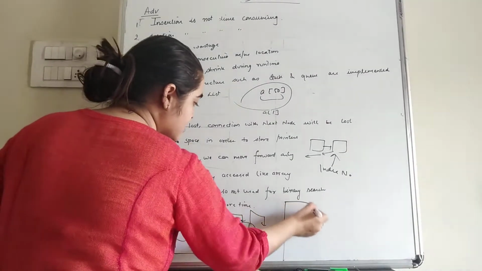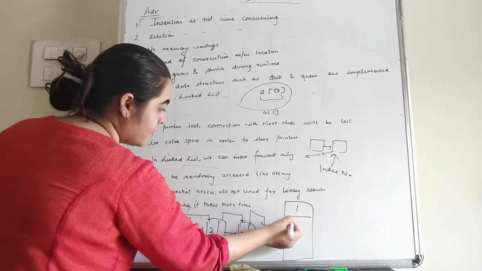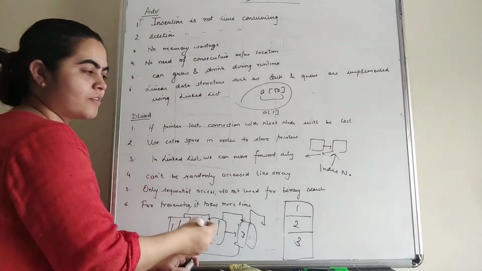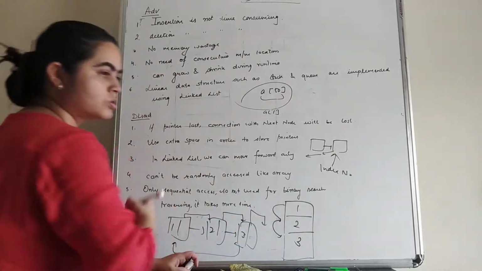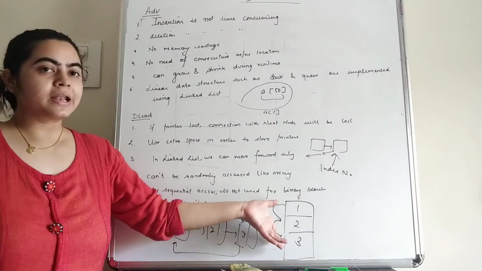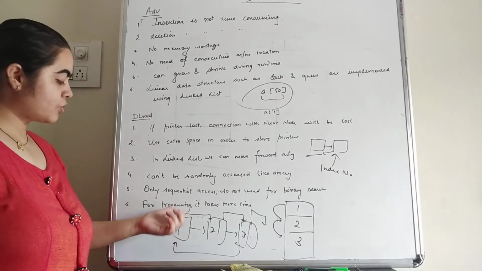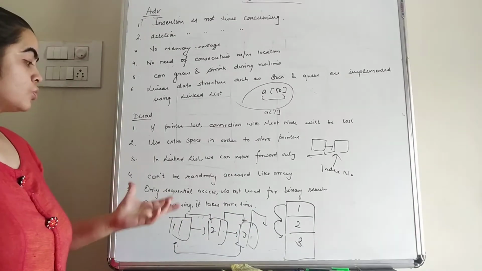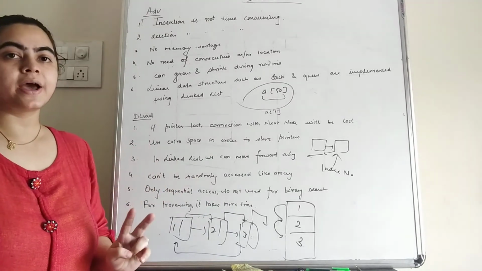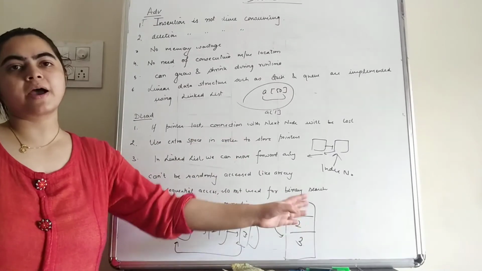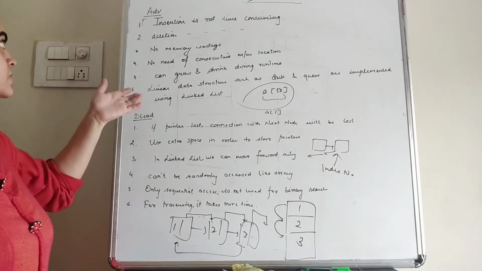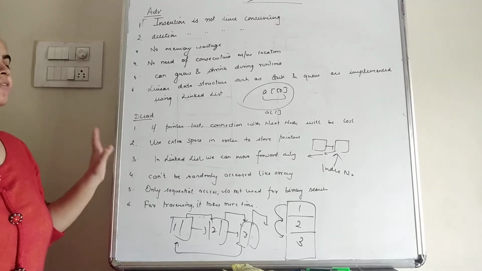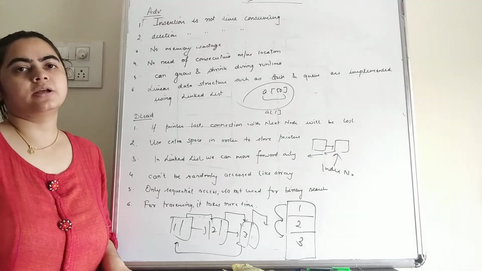But in case of arrays, if we have these three elements in locations 1, 2 and 3, we can easily traverse, we can jump from 1 to 2, then 2 to 3. So it requires fewer cycles as compared to this. Because in this case, with the data elements we have to check the link part also. So in this part we have to check two parts simultaneously, but here within the same array we have to check the elements. So that means in case of the linked list, for traversing it takes more time. So these are the advantages and disadvantages of the linked list.